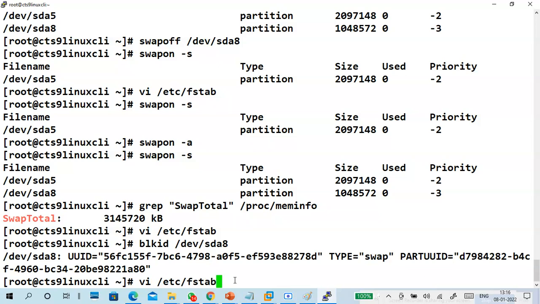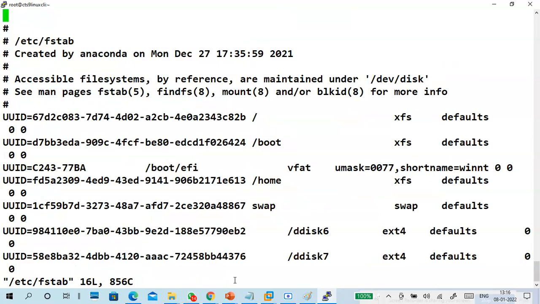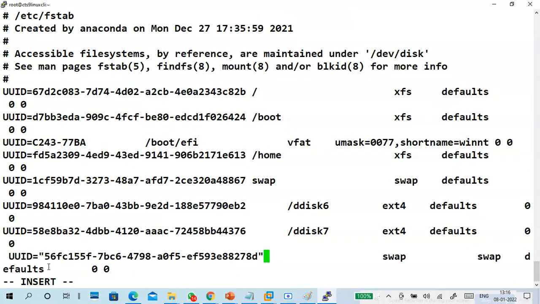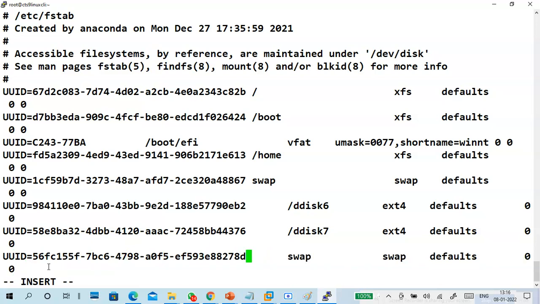Then go to this. Go down. Remove this part. Press I and put here and adjust a little bit. You want to put like this? Yes, it's a good one. Okay, you have to adjust tab spaces and all.